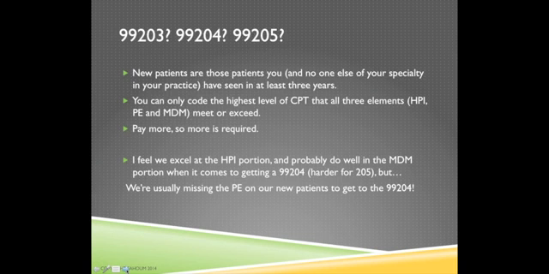Unlike return patients or established patients, where you only have to have 2 of the 3 components, with a new patient, you can only code at the highest level of CPT that all 3 elements meet or exceed. So if you only get to a 203 in complexity, even if you have a 205 in history and a 205 in physical exam, because you only hit the 203 in complexity, that's as high a level as you can bill. So it's important to understand what builds these codes and what will get you to that higher level code